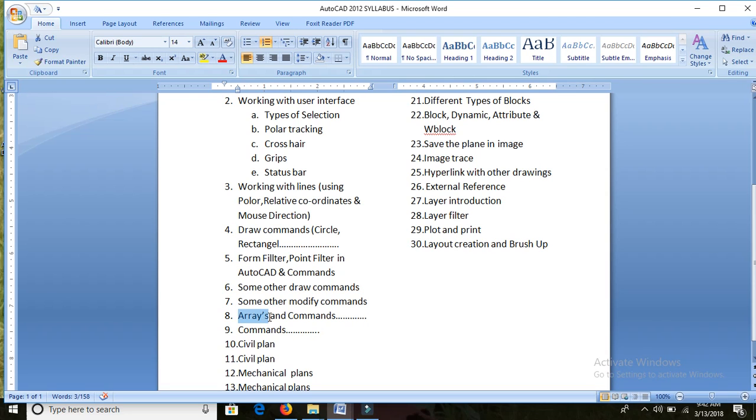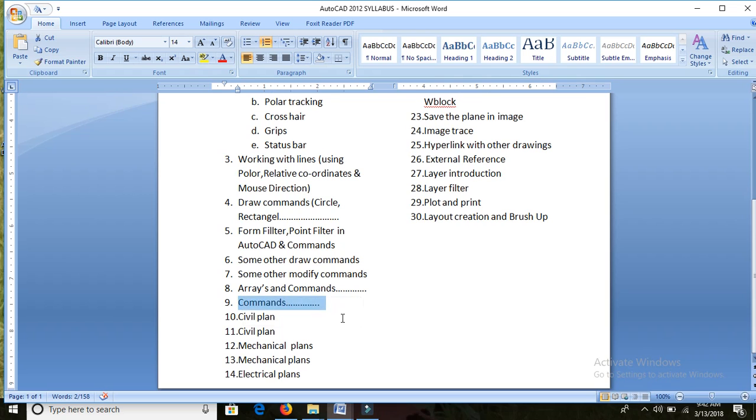If you want to make multiple copies, then we use the array commands for that. Along with the arrays, we also use some other commands, and those commands are also going to be discussed with you, and there are other commands in AutoCAD too. We're going to discuss that. See, in all these sections I'm going to discuss more about the command side. But why I'm explaining the command side is because if you know the commands, then we can easily